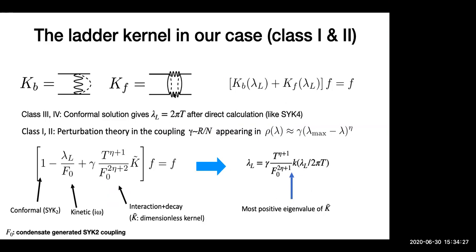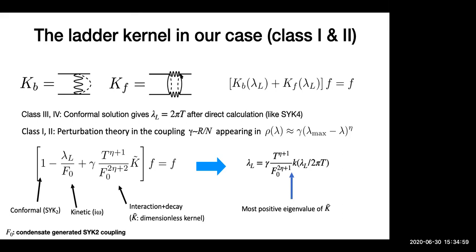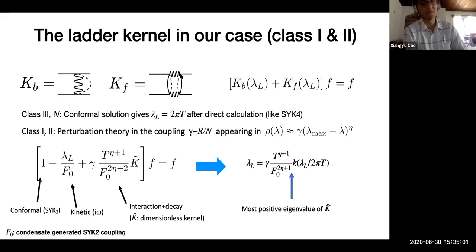Yeah, because naively, I would imagine that you would have sort of a block structure where some of the blocks are fermionic stuff, and some of the blocks are bosonic stuff. I think that would be more explicit if you'd go for the SOCI SYK. Right there, you would have an extended kernel, including the boson as well. But I guess your claim is that it's going to produce the same Lyapunov exponent. Yeah, I think we have. So you do have bosons. The bosons are in the mix. Sure. Okay.